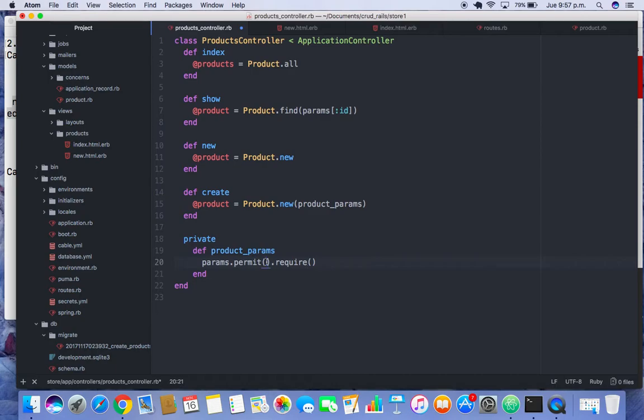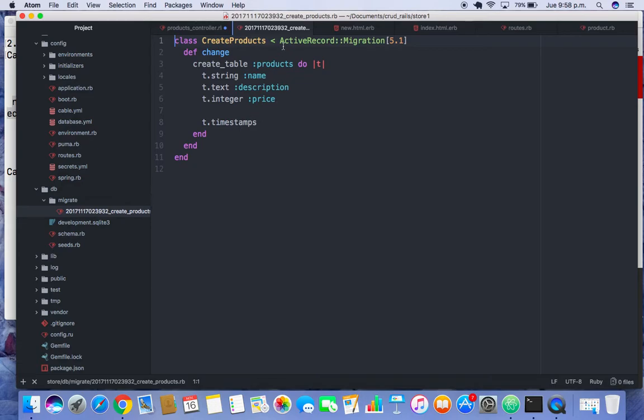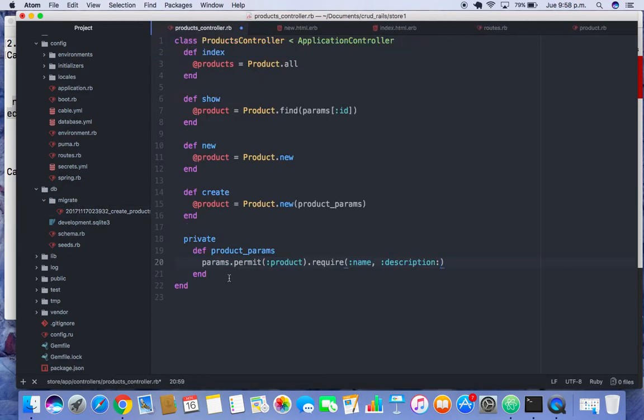And in here, product, and here name, description, the same names of the database. Let's see here, product, and price. Okay,